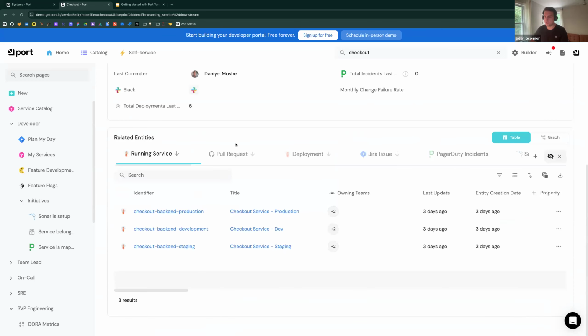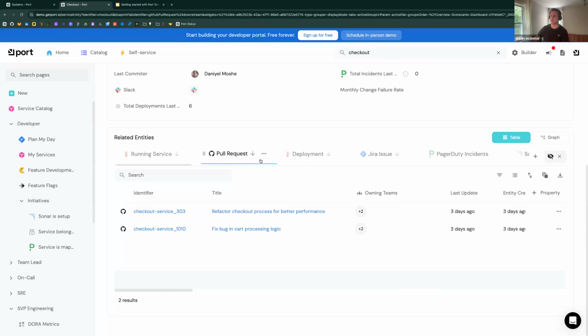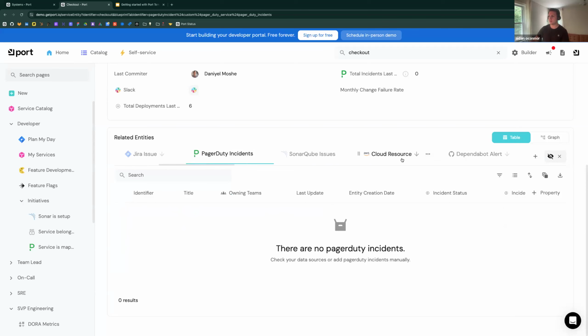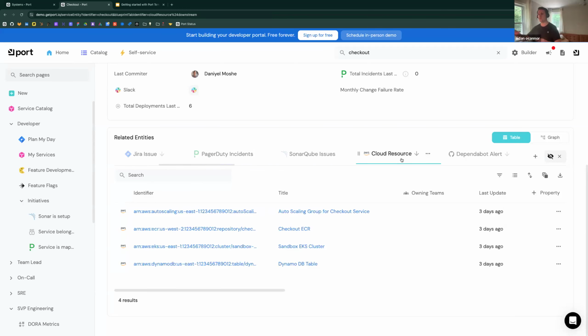I've got source code, sure, but is this running somewhere? Yes, it's running in staging, development, and production. Are there open pull requests that maybe I can go take a look at? Deployments, issues, incidents, this kind of thing to aggregate all of this data from all of your third-party platforms into